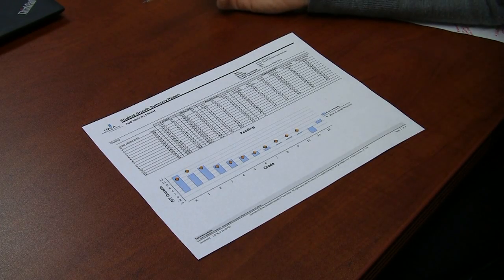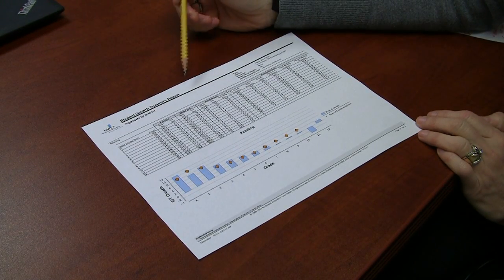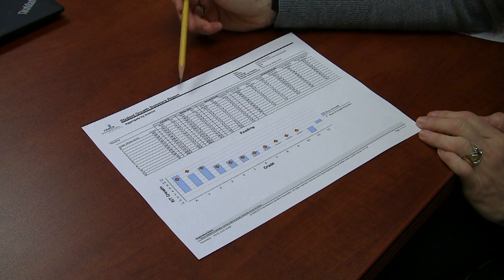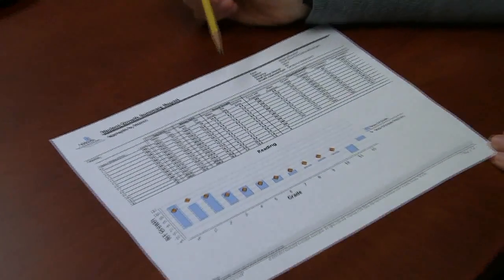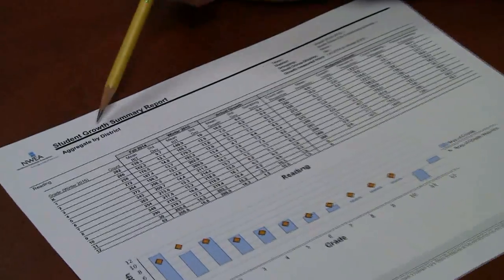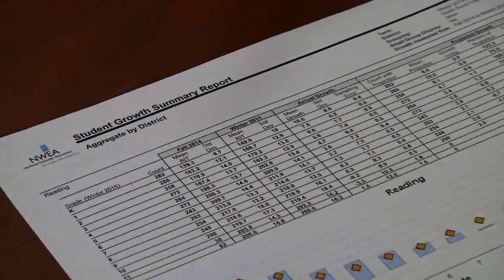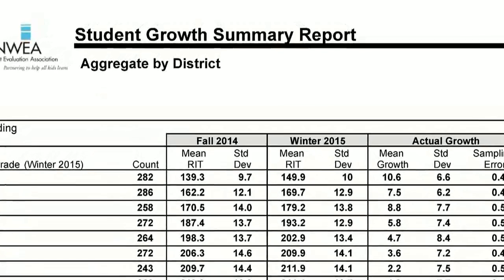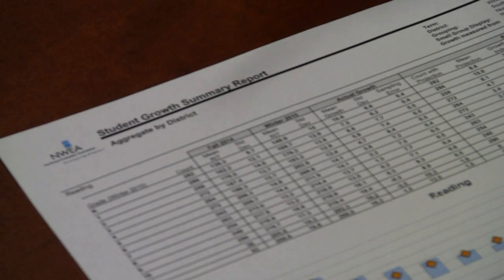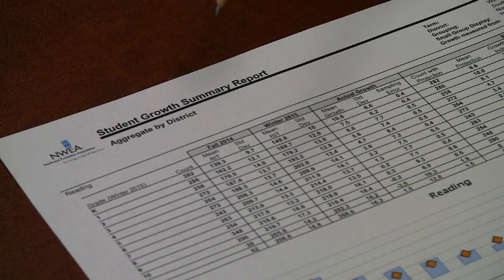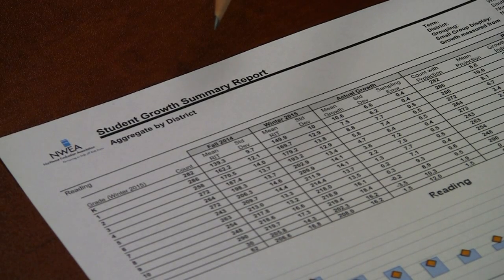Okay, so this report contains several pieces of information, but the most important thing to remember when you're looking at a growth report with MAP is this is all about growth. MAP provides two kinds of information. It provides both the growth information for individual and groups of students, and then it also provides normative information, which is things like percentile ranks, or if you're comparing a RIT score to what's typical for that grade level in